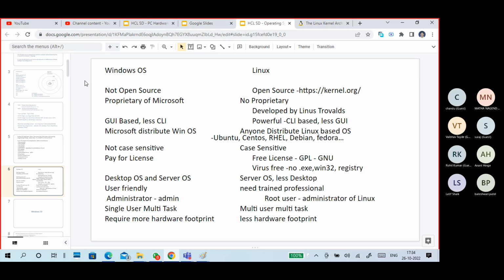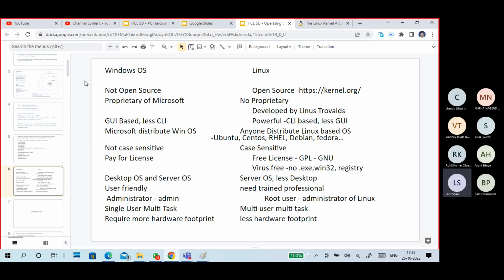Windows is a GUI-based operating system, which is more user-friendly. Linux has a very powerful CLI, the command line interface, with less GUI, and it is not as user-friendly. If you want to use Linux, you need trained professionals.